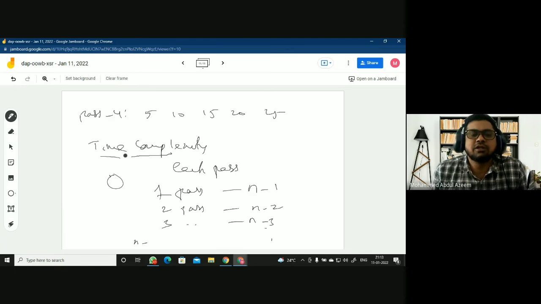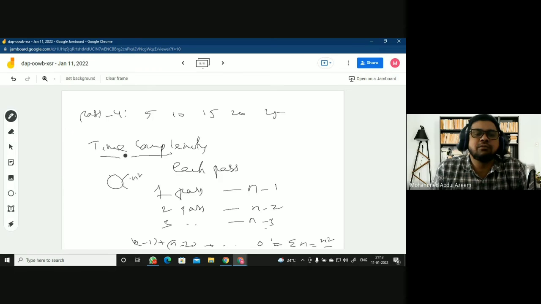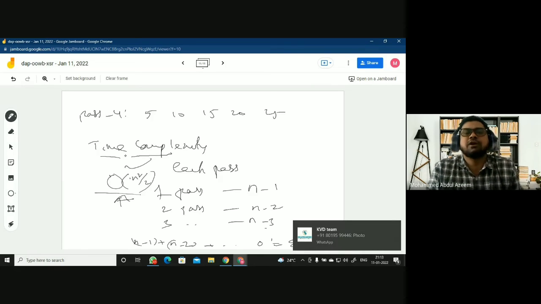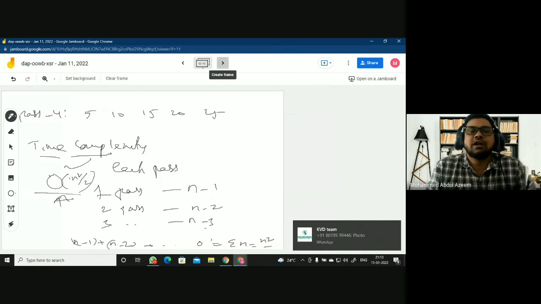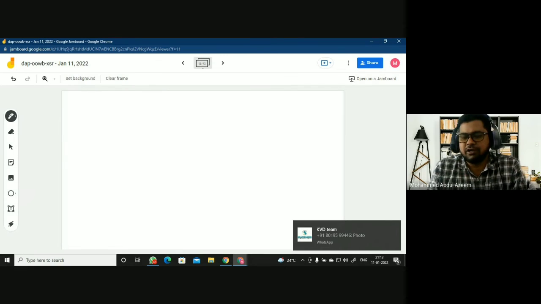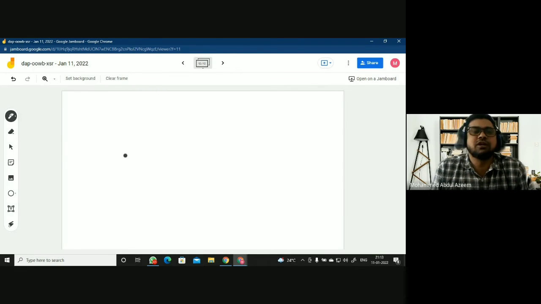Okay, so it is a sum of series kind. n-1 plus n-2, plus so on up to 0, which is nothing but sigma n, which is n square by 2 the other way around, right? That is n into n-1 by 2. Obviously, the approximate time required to perform any set of elements is O of n square by 2. This is the time complexity. Now we'll write the algorithm for the same, and then we will implement it using C language and demonstrate it. So now look at the algorithm here.